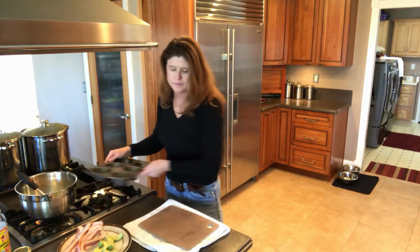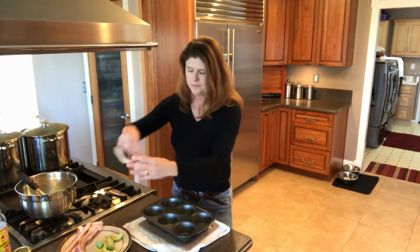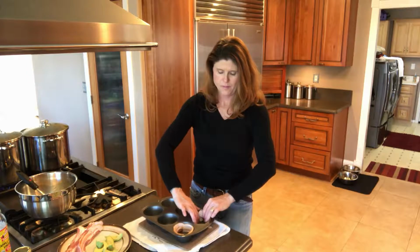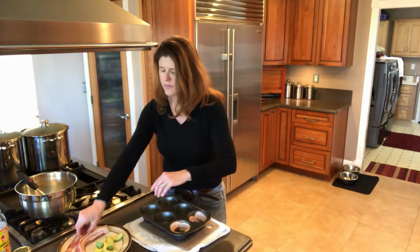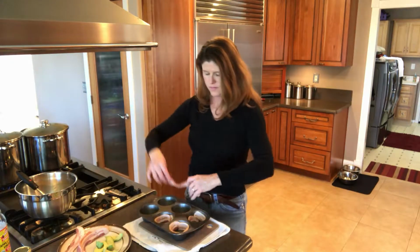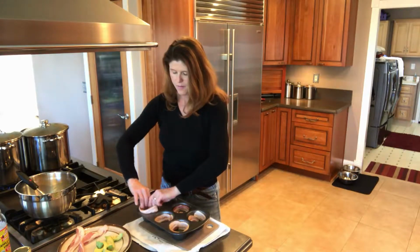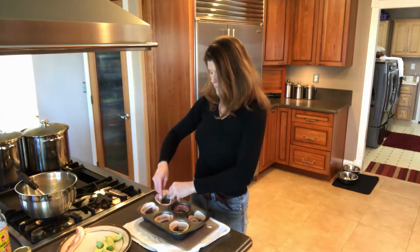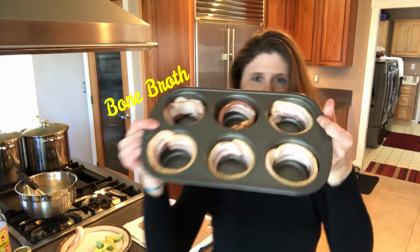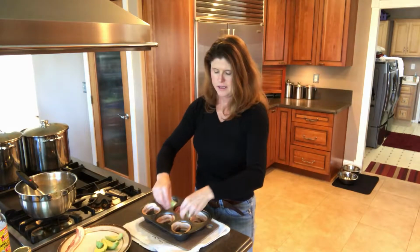That aside. So I have a pretty large cupcake pan, and just put that around the outside of that. Just around the outside of the cupcake pan, and then avocado down,